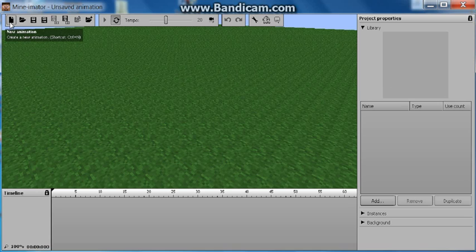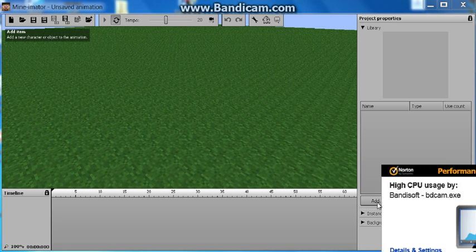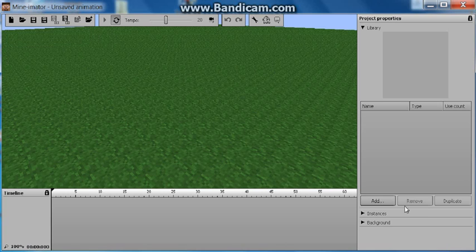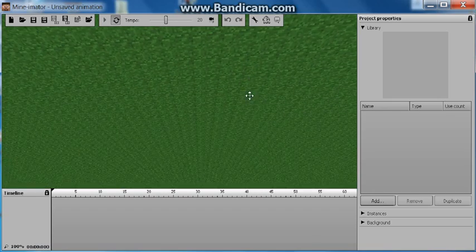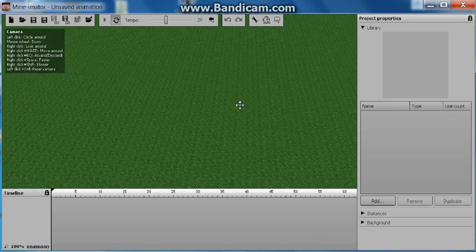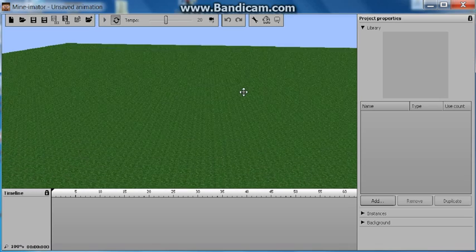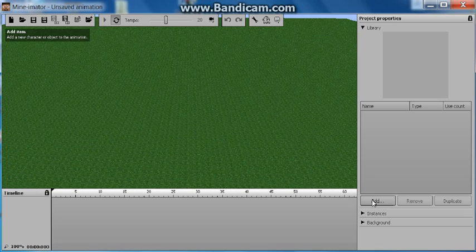what you're going to do is open up this part. Right under library, there's this box here. There's a little button that says add. This is going to add basic items to your animation right here. And it basically gives you this large template to create and animate on. So what we're going to do is click on this and add a